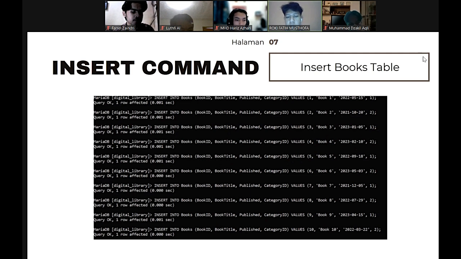The ninth command inserts data with ID equal to 9, book title is book 9, and published 2023 April 15 and category ID 1 into the books table. And the next, the tenth command inserts data with ID equal to 10. The title is book 10, published at 2024 March 22 and